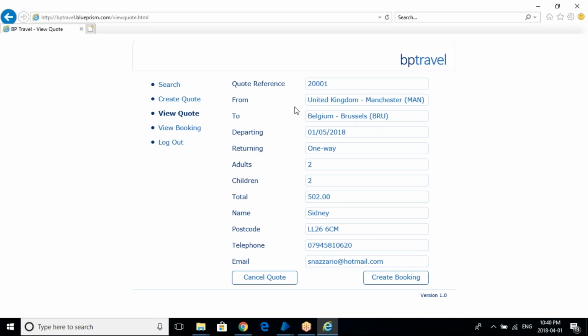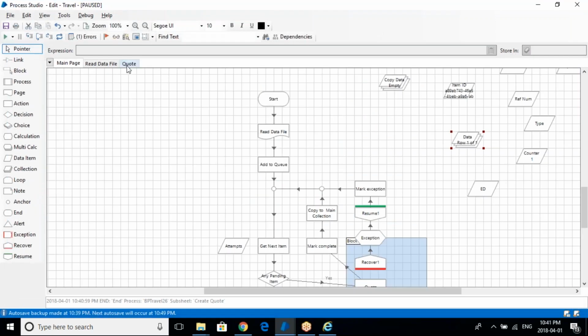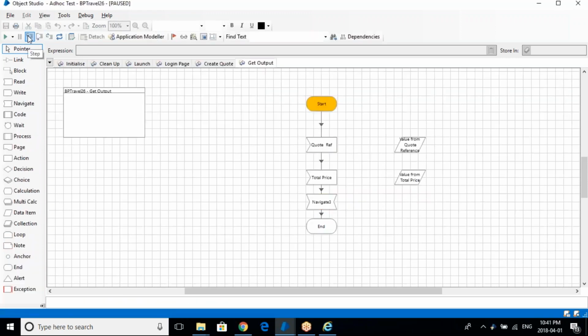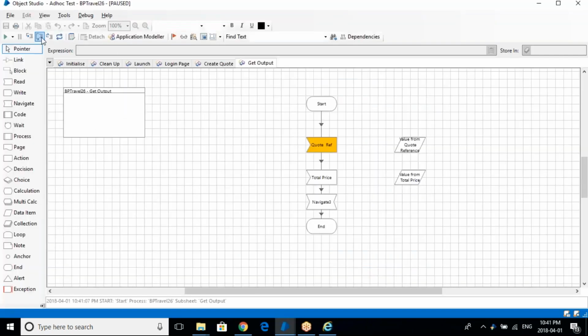Now see, I captured every step in this create quote. Now I'm going into quote stage, and again if I click here, it is capturing the quote reference number. Quote reference number is whatever is there. Once I go from here,